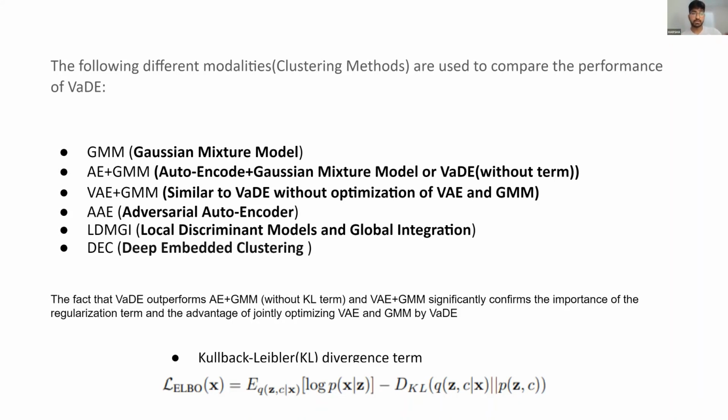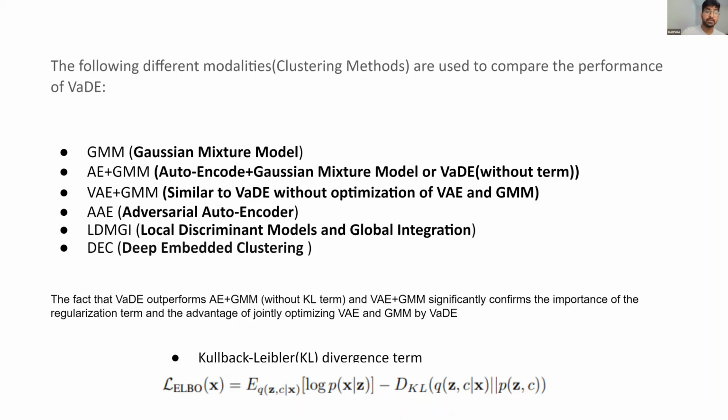So the next clustering model is VAE plus GMM, variational autoencoder. Even this is similar to the VaDE network that we are trying to implement here. But this network doesn't have any joint optimization of VAE and GMM in it. That is the reason why the error rate for VAE plus GMM is going to be minimum compared